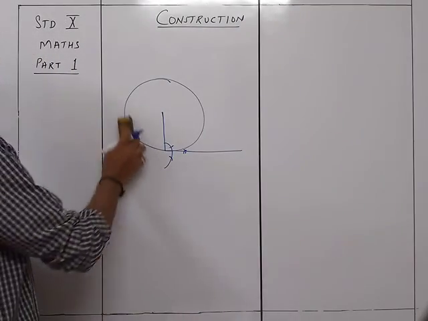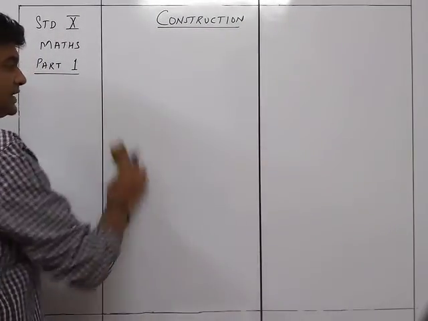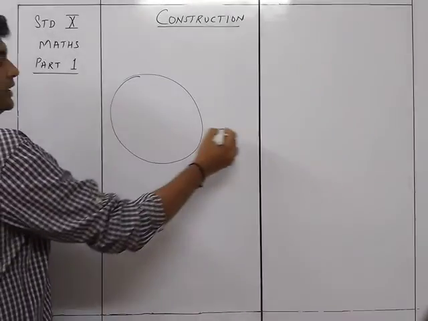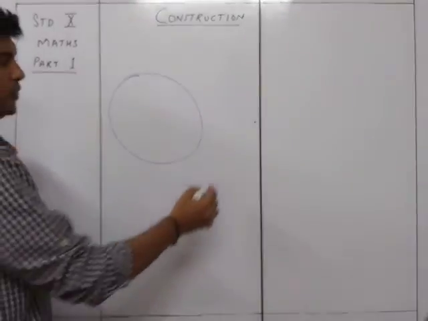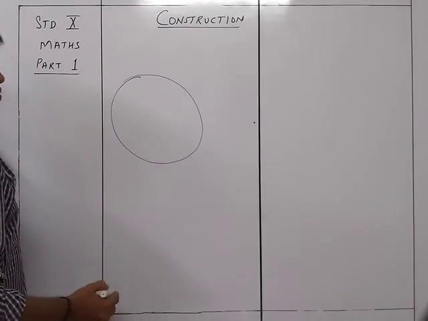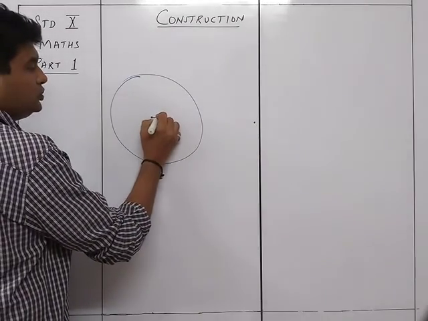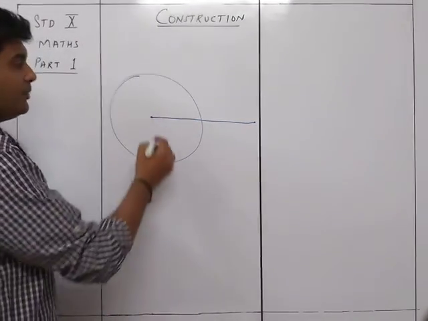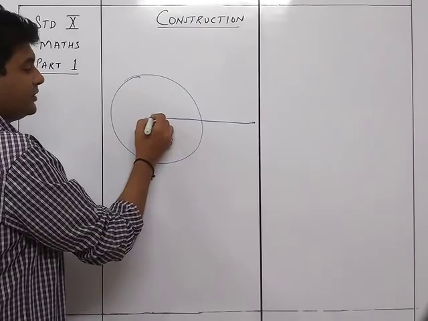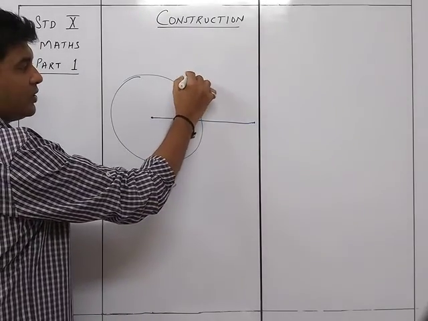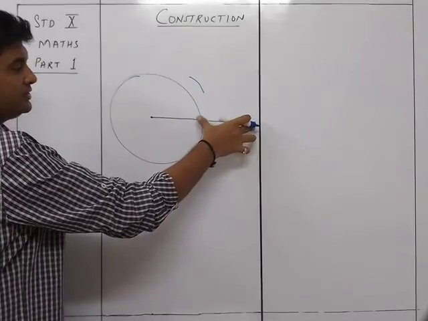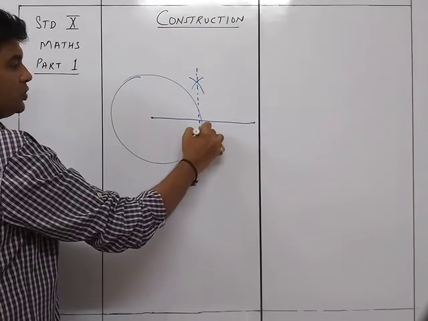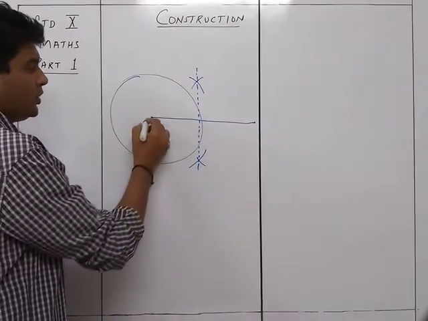The second one is, if I am drawing a tangent to a circle from a point outside the circle. Now this is something which is going to be important, because such kind of questions are going to be asked. So suppose I have got a circle over here and I have got a point over here. Now from this point I am going to draw two tangents. So first of all I am going to join these 2 points, and then I am going to draw the perpendicular bisector of this. Means from here take more than half and cut an arc on top and bottom. Similarly, same radius, cut an arc on top and bottom, and join these 2 points. So that gives you the resultant perpendicular bisector of this line.